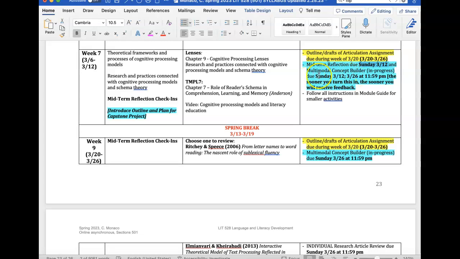So that multimodal concept builder draft can either be turned in before spring break, which would be Sunday the 12th, or after spring break, which is Sunday the 26th, or any time in between those dates. So if you want to turn it in between March 12th and March 26th, no problem.